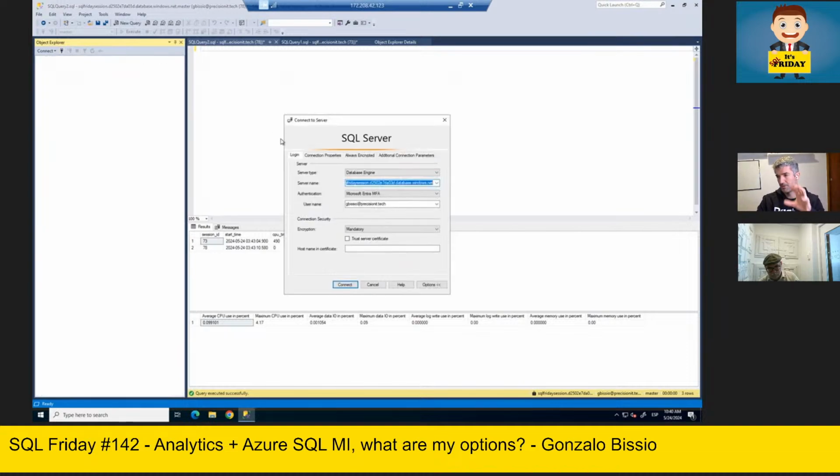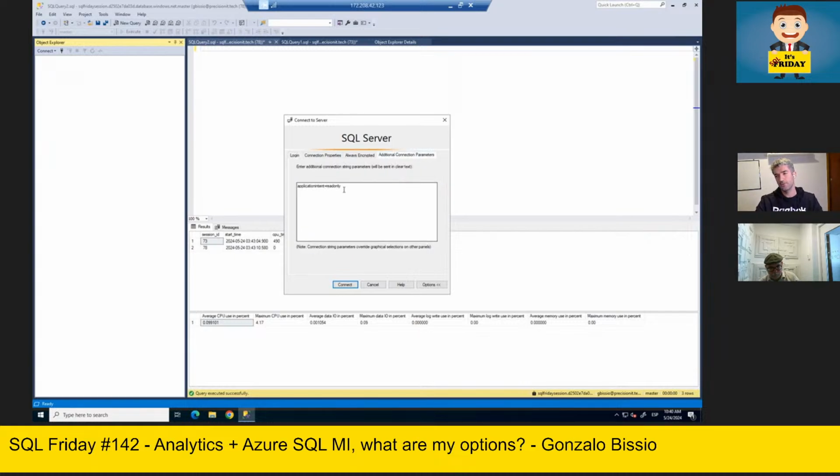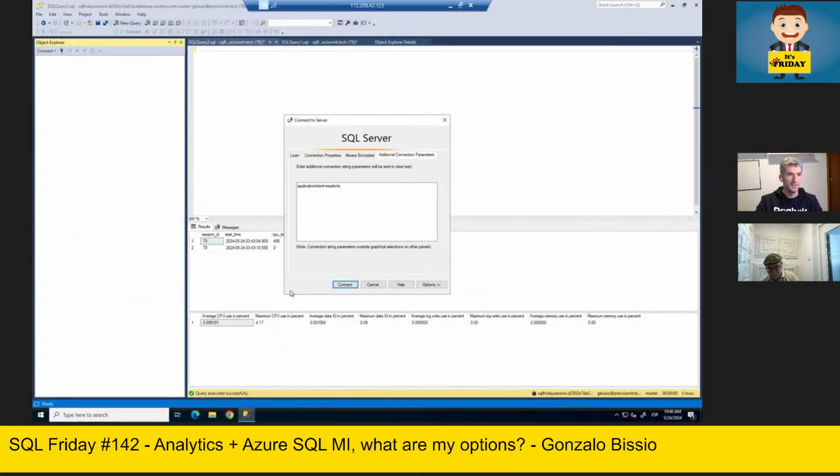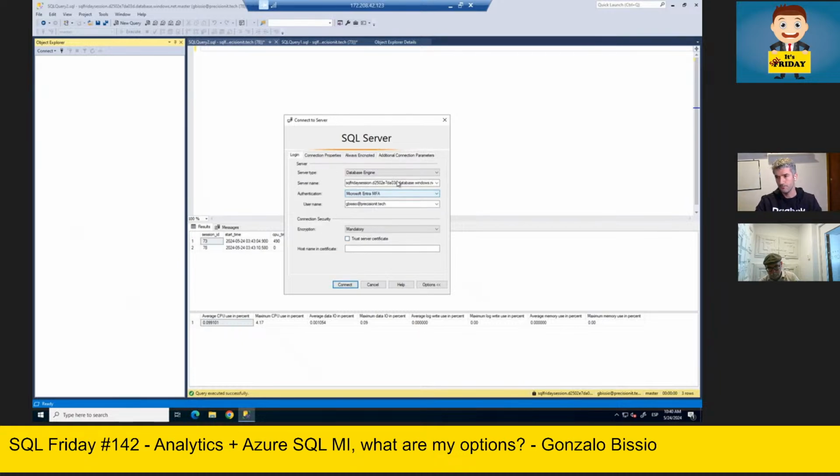So the first case is that we want to offload the reads to a secondary instance. Basically, if you're using, for example, availability groups, the read routing mechanism, well, here you need to do exactly the same, and that's it, automatically you will be pointing to the secondary. I am using Entra, aka Azure Active Directory in the past,